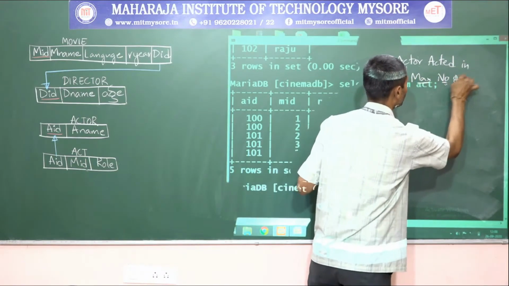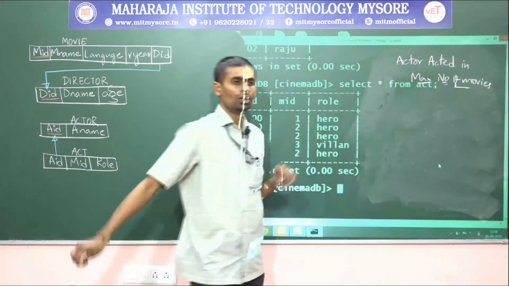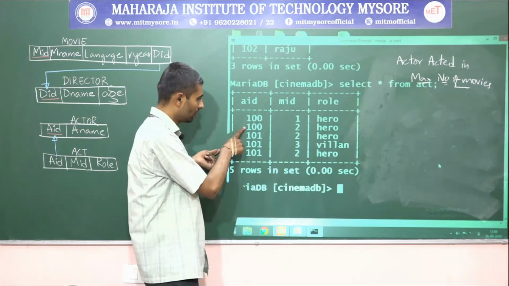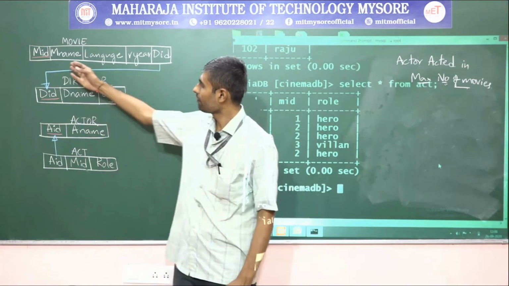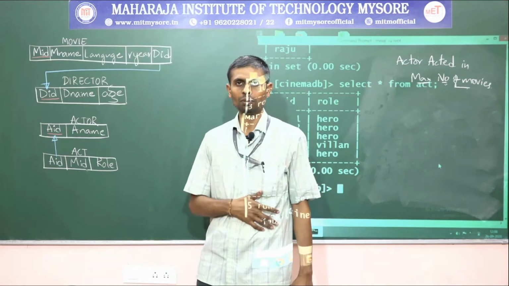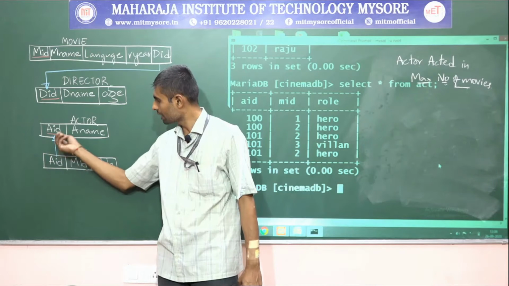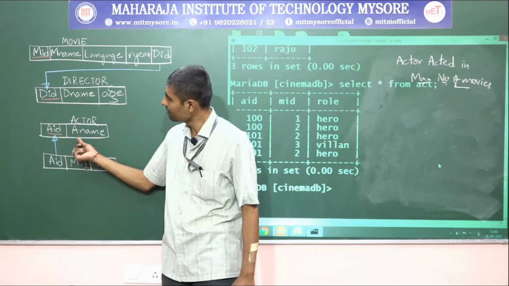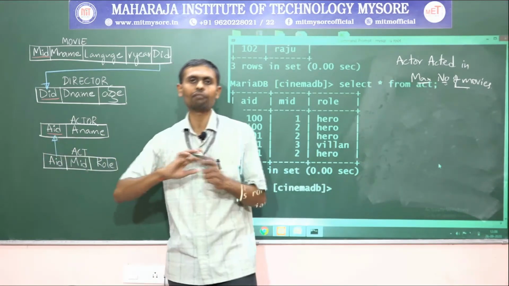Maximum number of movies. How can I get it, guys? Can I say 100? So as part of this data, which table is required, guys? Along with the movie table alone, can we find out which actor acted in maximum movies? No. Can I get it in the actor table? No. The actor table only gives us information related to actor ID and actor name. It doesn't give us any information related to which movie the actor acted in.